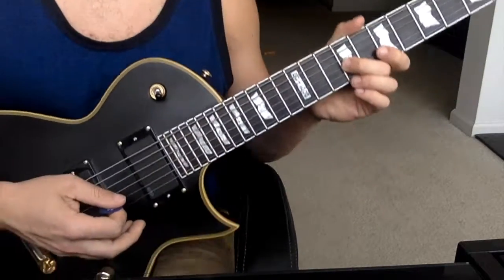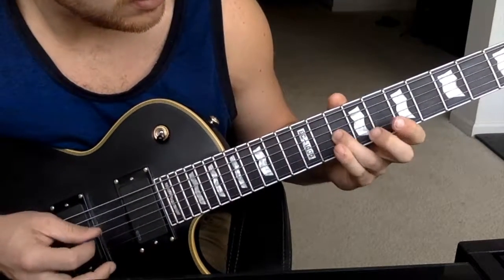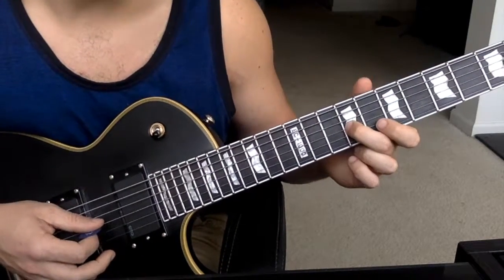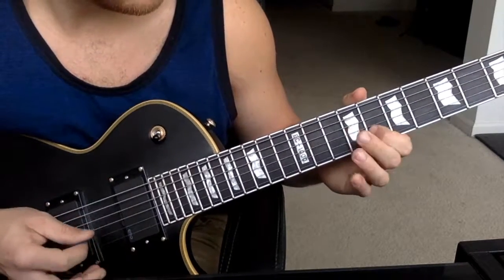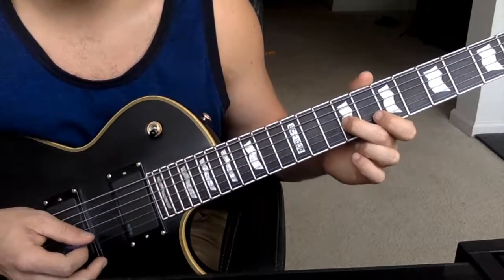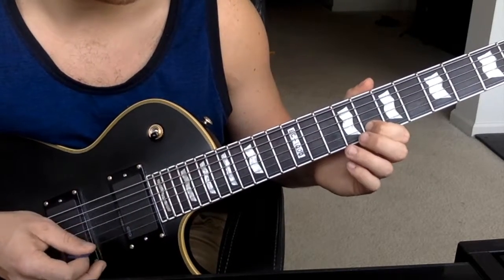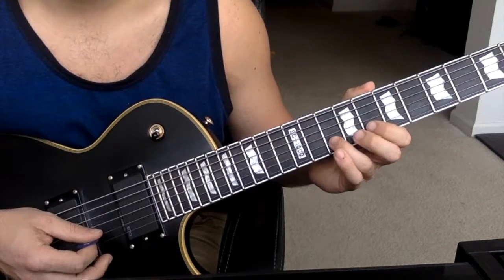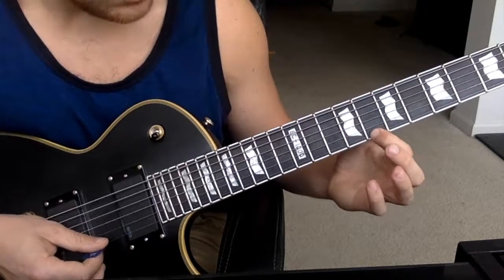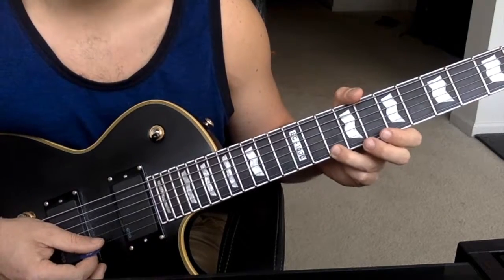So to end that whole little lick off, after you're done, you just simply take your middle finger and go to the 3rd string 9th fret, and you start the end of the lick. So it starts off 3rd string 9th fret, 2nd string 8th fret, 2nd string 10th fret, 1st string 8th fret, 1st string 10th fret,